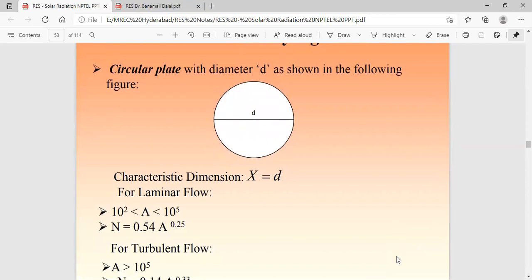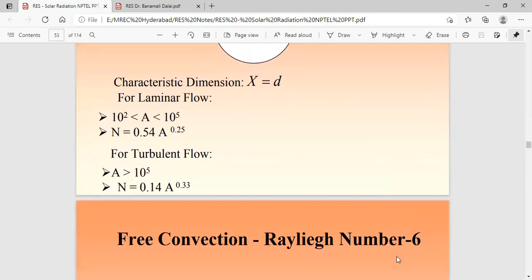Now, I'm going to find out the circular plate. Circular plate with the diameter d as shown in figure. The characteristic dimension x is equal to d. For laminar flow, Ra is greater than 10^2, less than 10^5, Nu is equal to 0.54 into Ra power 0.25. For turbulent flow, Ra is greater than 10^5, Nu is equal to 0.14 into Ra power